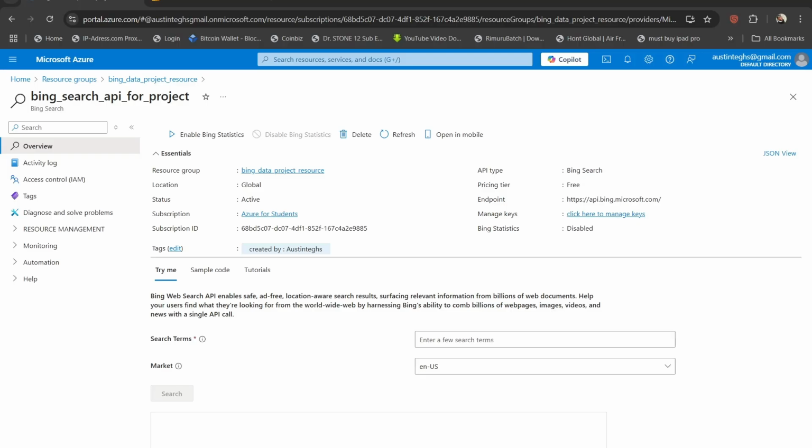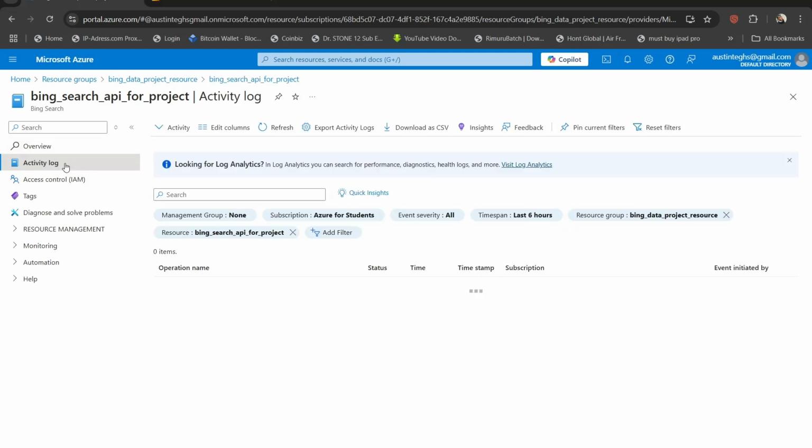All right. So at this stage, we are at the data ingestion step of our end-to-end data engineering project process. And right now, we are in our API that we configured in our resource group on Azure. A couple of things to note is that we're going to be using important things like the API endpoints,